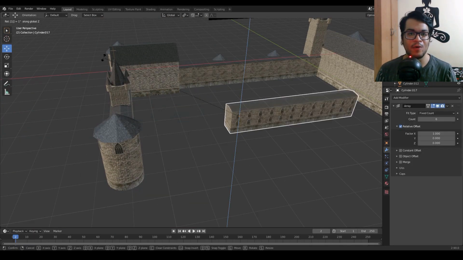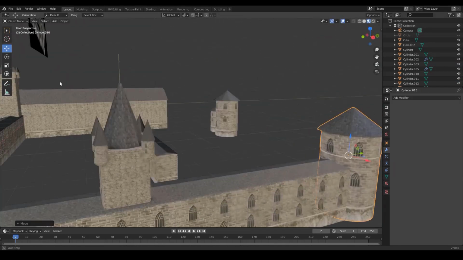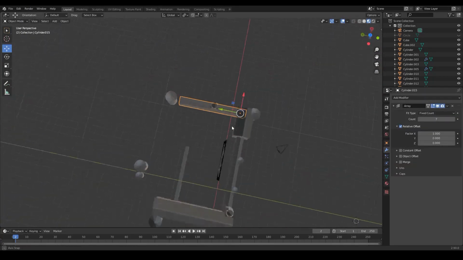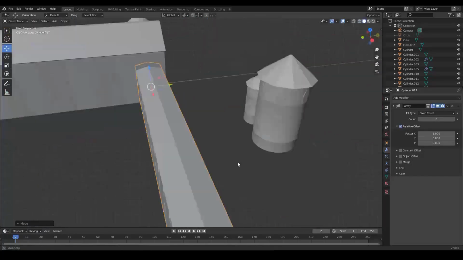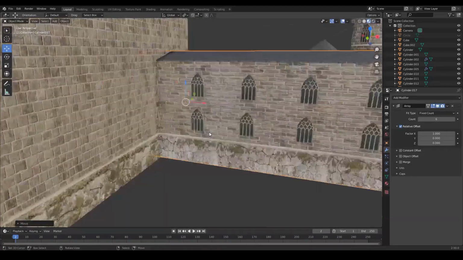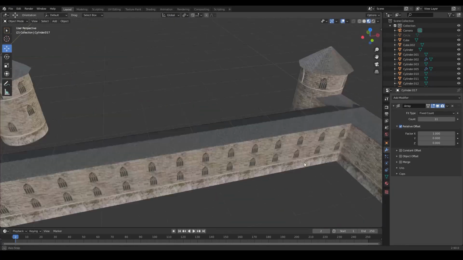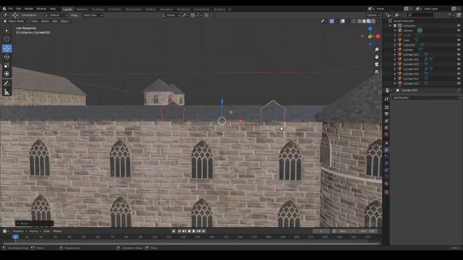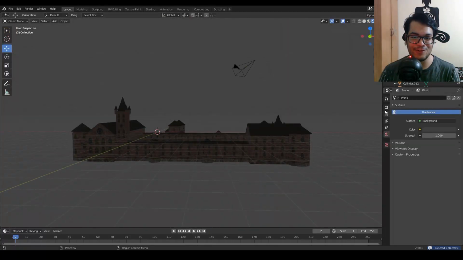So you don't need to copy what I'm doing. This looks good. So this looks like a castle.